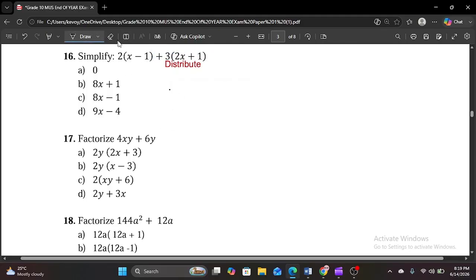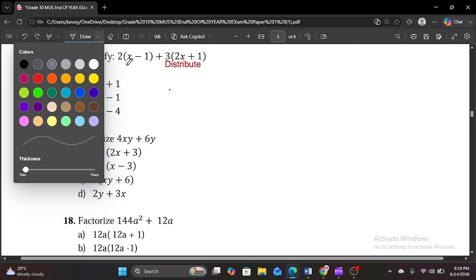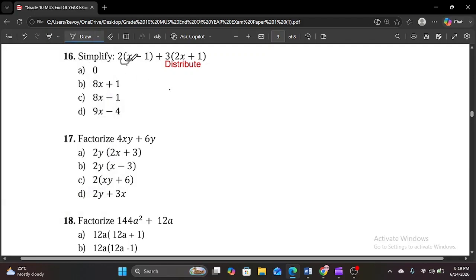So that's the first thing that we're going to do. We're going to distribute everything outside of our bracket. We're going to multiply with all the terms that we have inside the bracket. So 2 times x, 2 times -1, 3 times 2x, and 3 times +1. All right, so we should get